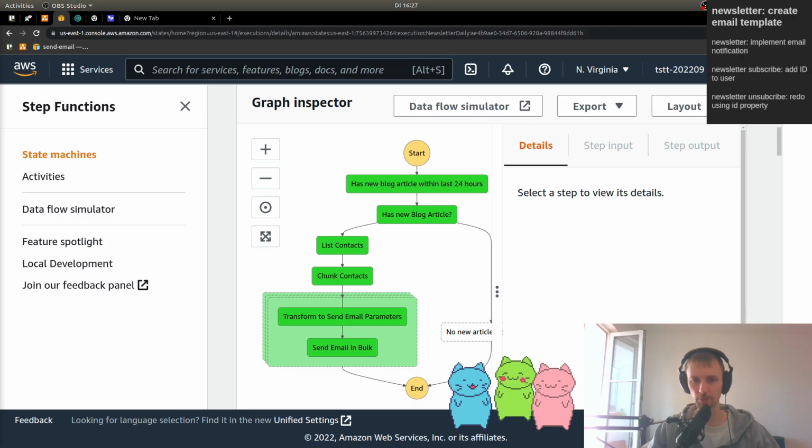Earlier today we left at the point where we actually see a lot of green in our workflow. And indeed, we have our workflow completed. Whoa, isn't that something? So what we're doing is we have a blog, and whenever a new blog article is published, we want to send emails to our email subscribers, newsletter subscribers, and that's what we've built using AWS step